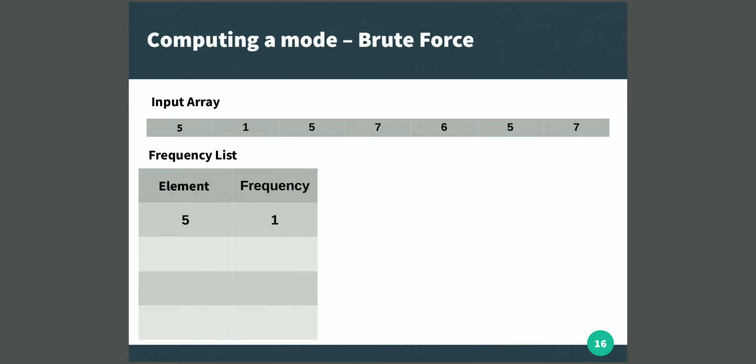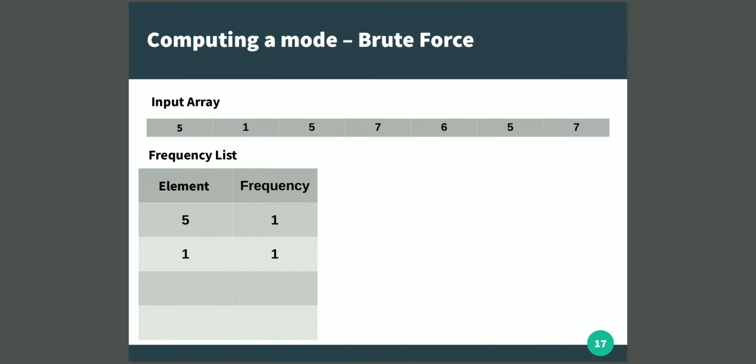Next, I take the next element 1, okay, and I check whether 1 is present in the frequency list. Okay, so when we are checking for the element, we should check only in the first column, the element column, not in the frequency. So if we look at the current contents of the frequency list, there is no element with value 1. So this is a new element. What we need to do, like we said earlier, is add it as a new entry into the frequency list with a frequency value 1.